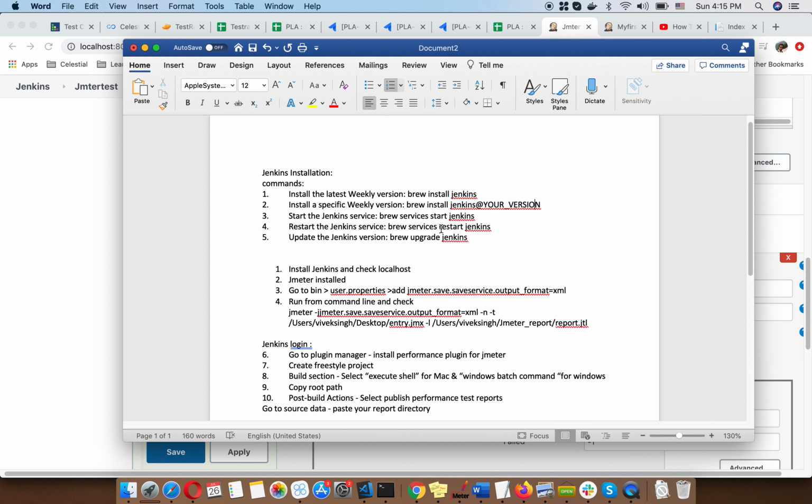After installation, you have to start your Jenkins service. So you just use this command, and it will start your Jenkins. Similarly, this is a restart command, this is an upgrade command. It doesn't matter if you are using a Windows system, just go to Google and find the commands to install Jenkins. So the first step is just install Jenkins in your system and create an account